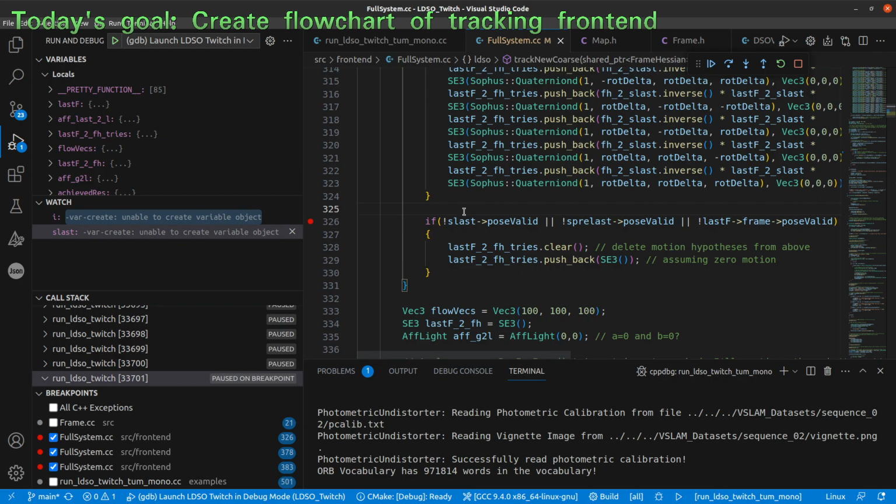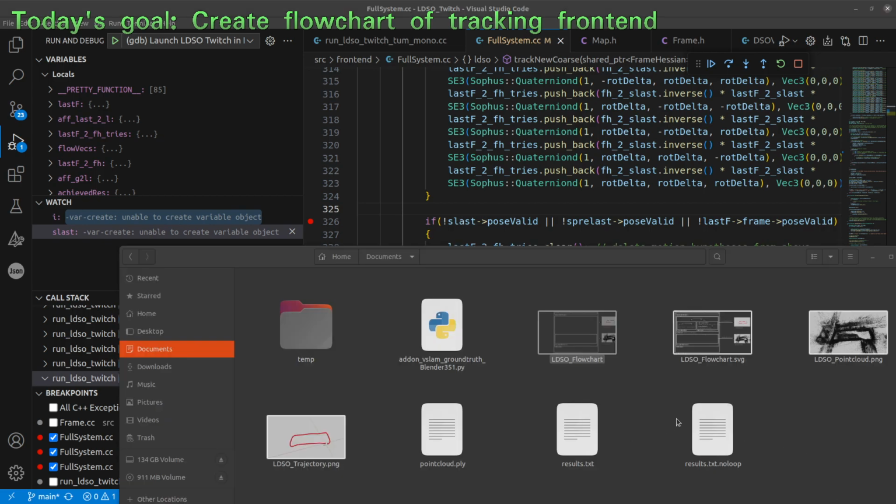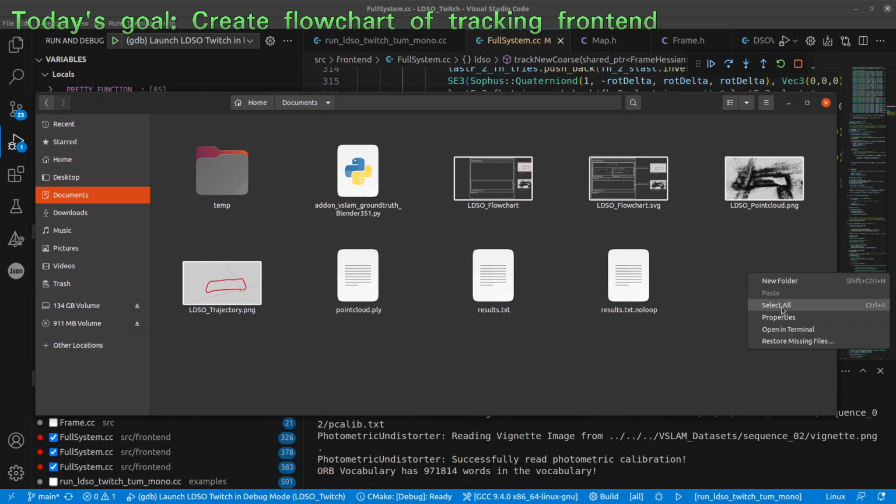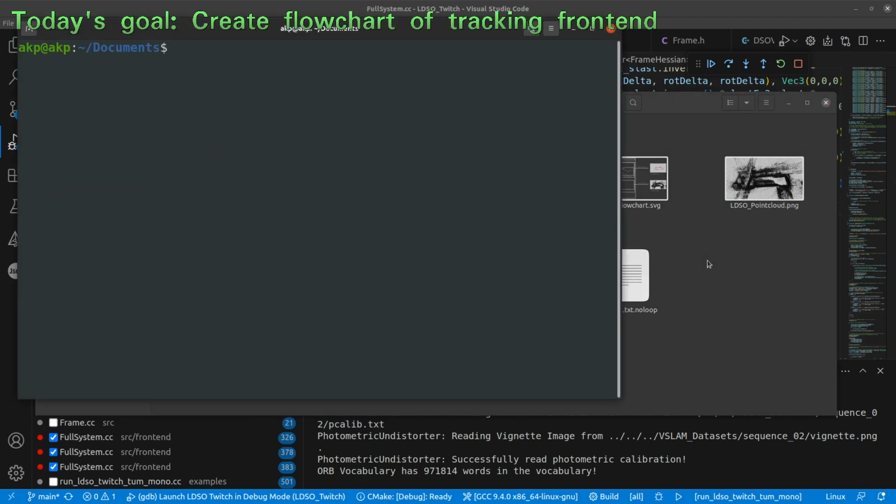And for each try, I want to create one file that contains all the tries. So let's make it a little bit more concrete. I want to have one file here, touch, which is called frame x underscore